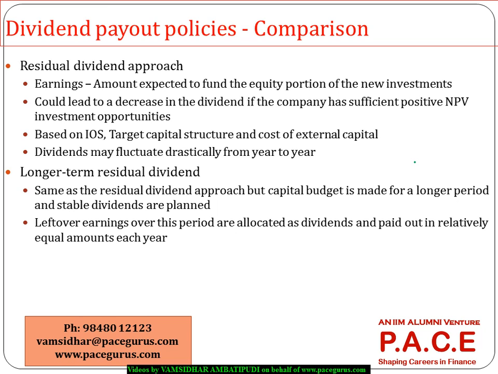Then the other methodology that we are looking at is the residual dividend. Whatever is left out of what? From the net income which the company has generated in this year, find out how much capital is required for the next year. Based on the capital budgeting, find out how much capital is required for the next year. Of the investment for the next year, look at how much is in the form of debt and how much is in the form of equity. Based on the capital structure, you can decide that.